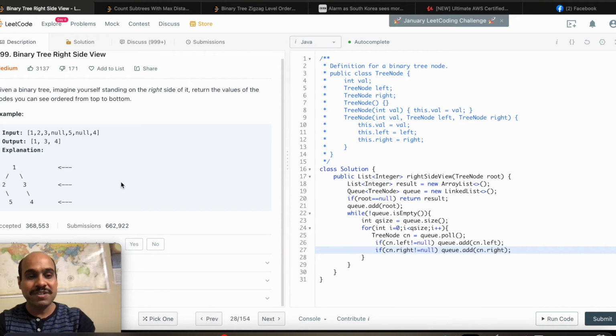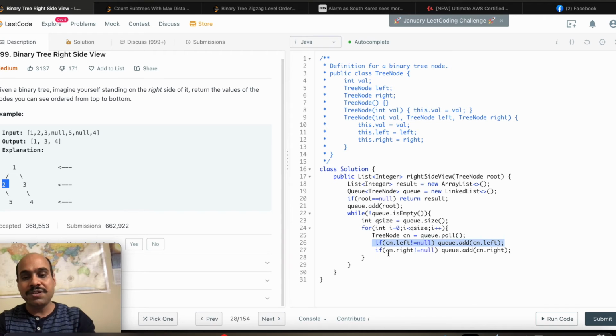It seems confusing, but if you walk through it with this code, initially you had 1, so this temp current node had 1, and then we were checking whether it has a right child and left child. If the left child is present, it will push it to the queue. For 1, the left child is present, so the queue will now contain 2, and you see we have already removed the first element of the queue, so 1 is not there in the queue. So with this check, we have pushed 2 into the queue.